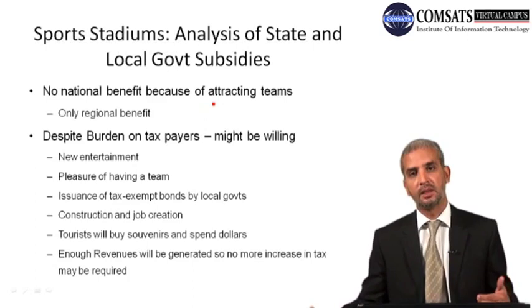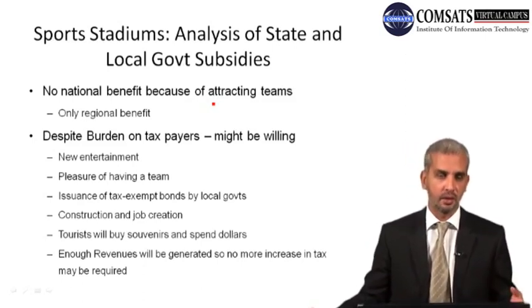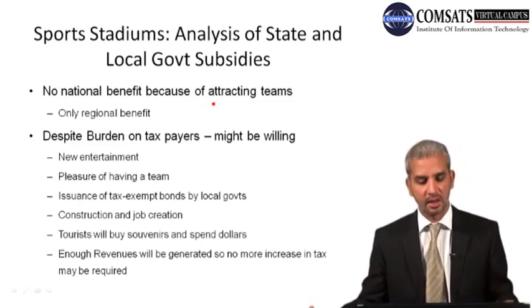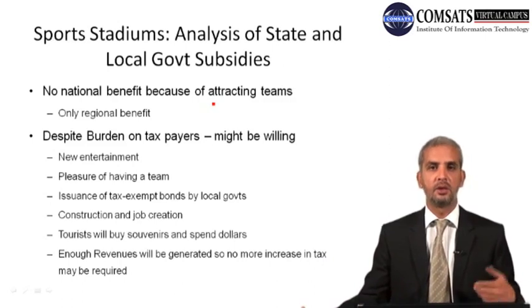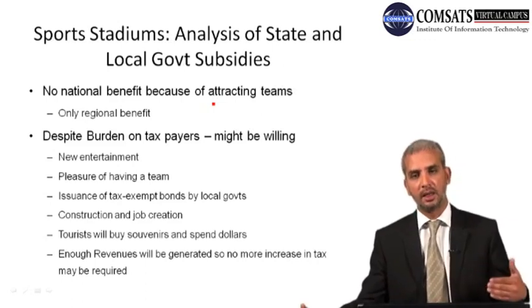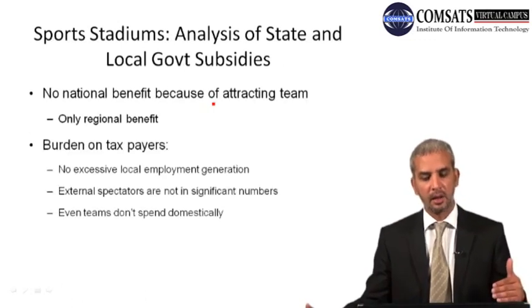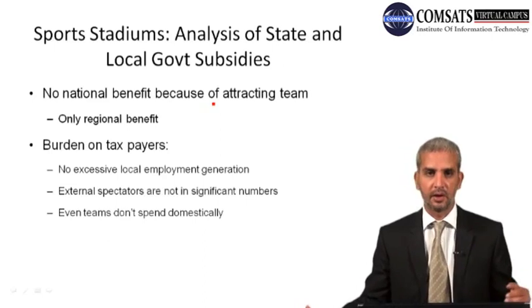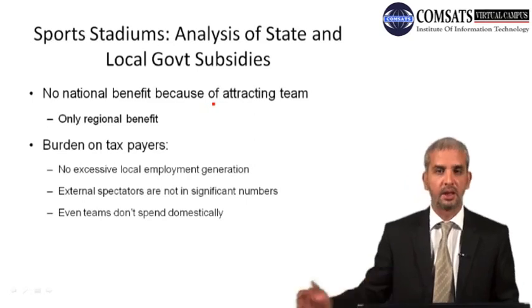Then we considered a sports stadium example. We needed to show here that the listing of costs and benefits, and especially the listing of benefits by the analyst, if it is biased towards taking up that project, can result in a wrong outcome. There would be certain people who would be willing to take up that project because in their minds the benefit of entertainment is much higher, and they would be attributing certain benefits which are not actually attributable to the project. And an individual whose benefit of entertainment is not that high, if evaluating the construction of a stadium, would think differently.